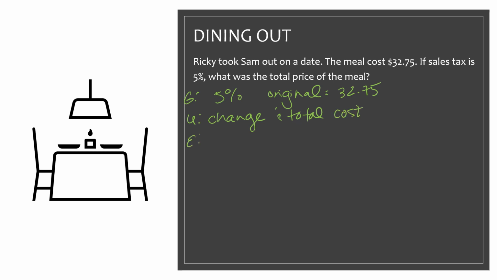Okay, so let's do an equation for that. So, 5 over 100 because it's a percentage. So that's nice and easy. Then I have to sit there and ask, what is it on top? So if sales tax is 5%, I know 5% and I don't know what this change is, right? This change here, I don't know what it is, but I know that the original is